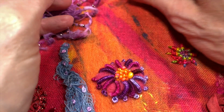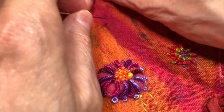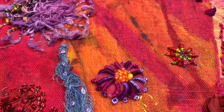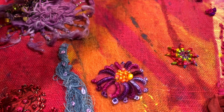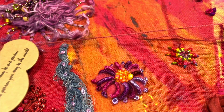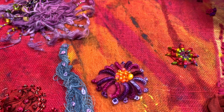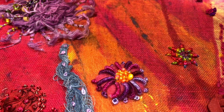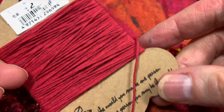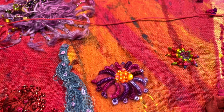cover them with this. This is some wool roving I put in here, and then I decided to take it out. Maybe I'll do that. I think I'll do it in a color like this so that it kind of blends in. Or maybe I'll do this one. This is sashiko thread, cotton thread. I'll cut off a length of that